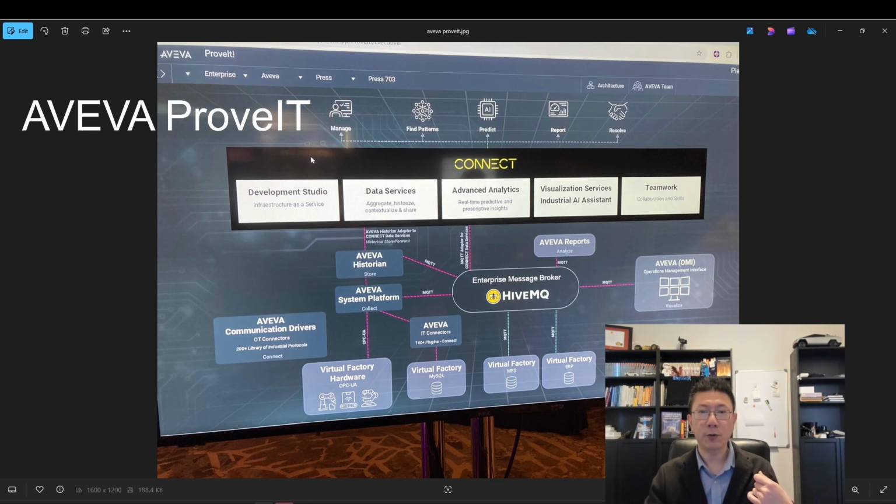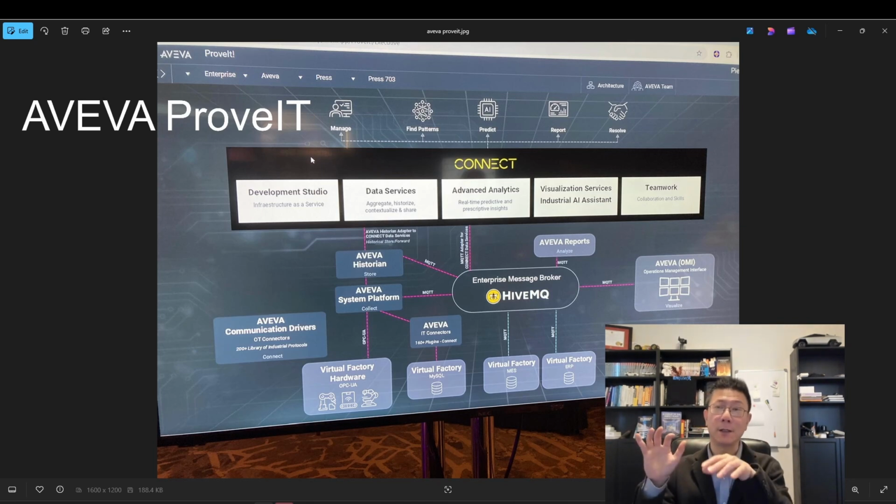So it just tells you it has the ability to push the data to the cloud, so you can do whatever you want, right? But also, if you utilize Connect, it can aggregate, historize, contextualize your data, or do some analytics. You can build dashboards, with some AI assist, right?